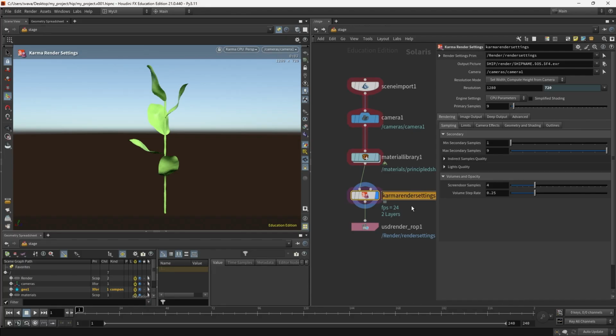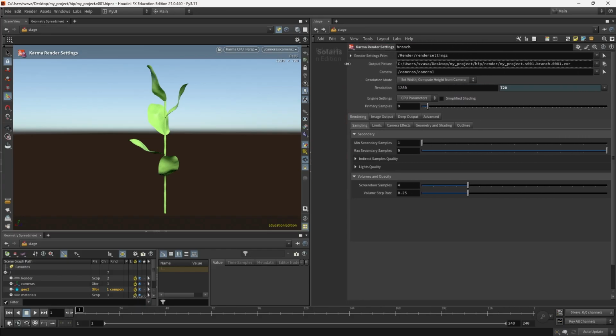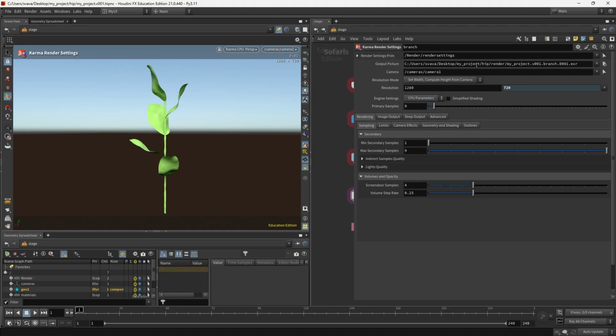So I'm going to change it to, let's just call it branch. And the $F4 is the frame number with the padding of 4. If you middle mouse click output picture, you can see what the expression evaluates to. And it's my project, hip, render, and then this is the name of the file.